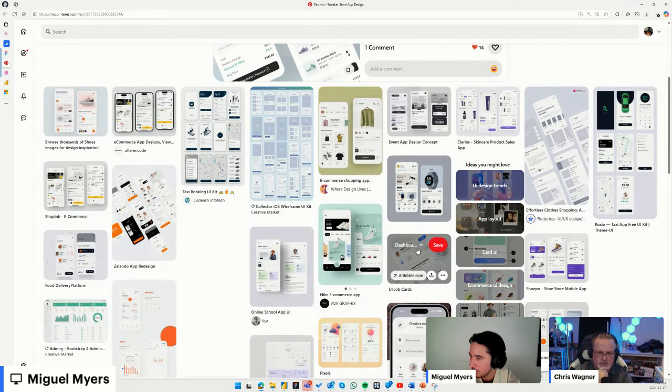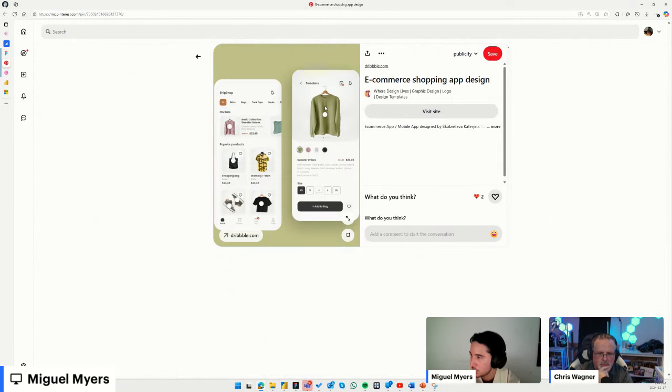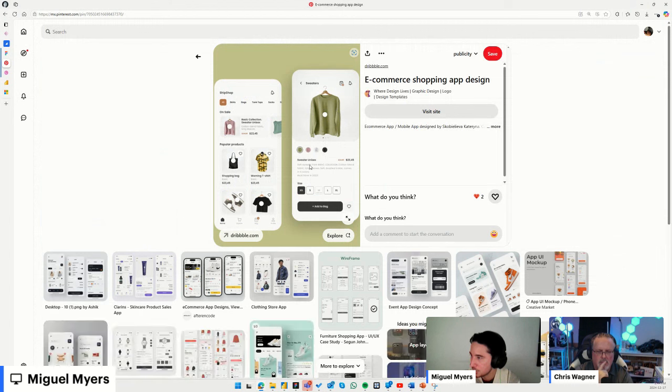So I'm trying to find now something clean. Here we have a shirt and we have the colors down here. But as you can see, this might work. I need to show information about that particular bicycle, and you can see that there is information down here. There is size. So this design might work. I can just take a screenshot,